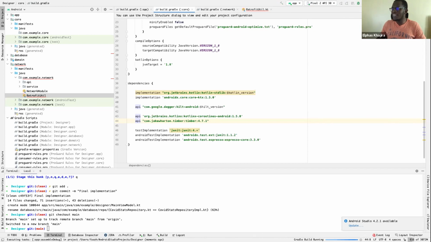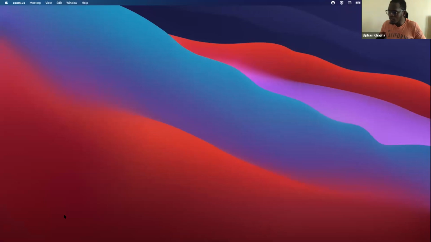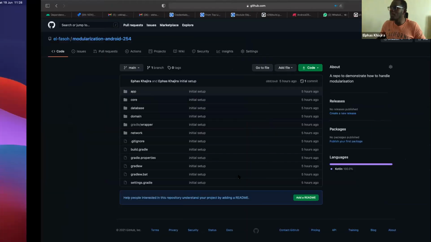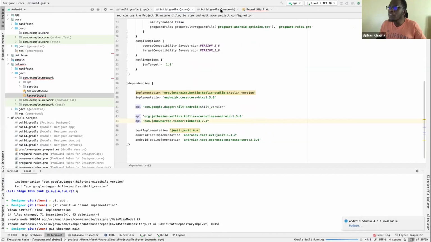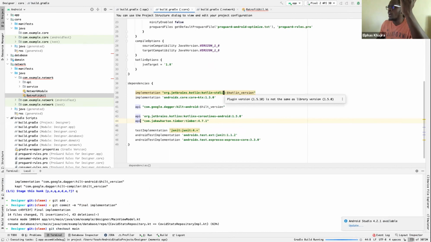The application is quite simple. There's nothing much it actually does. I'll just show you what it does. It hits the API's queries for a list of COVID statistics, and then displays whether it's loading, and then it displays how many records it's basically fetched.